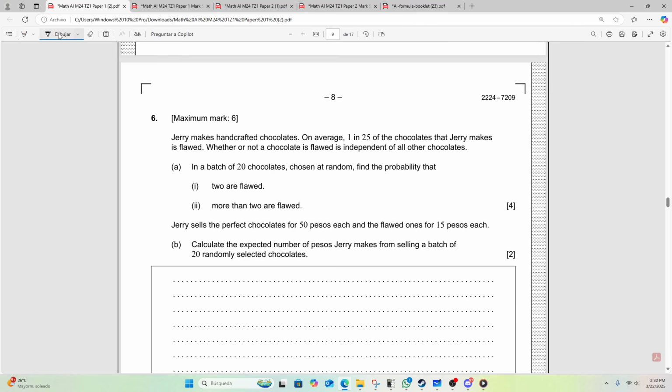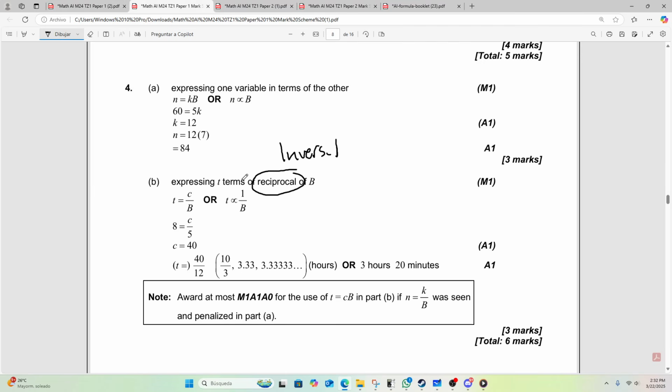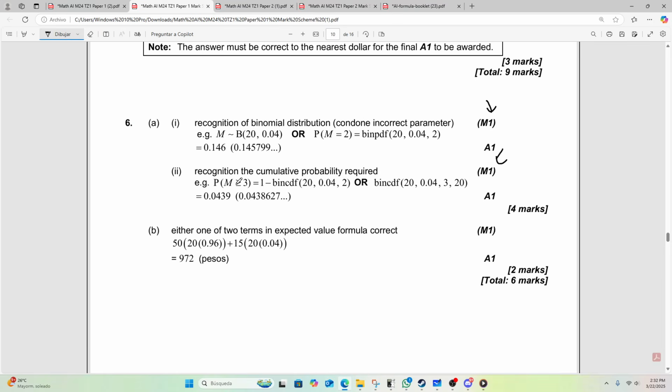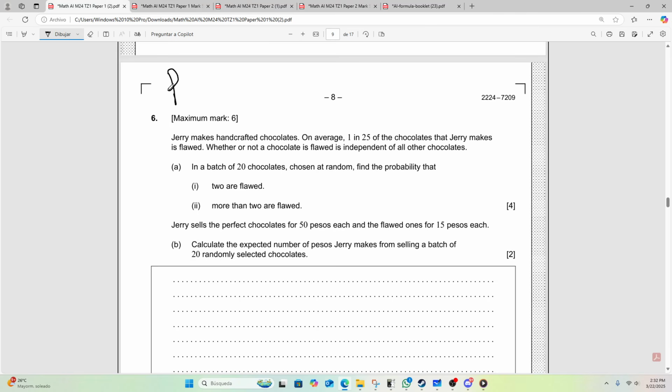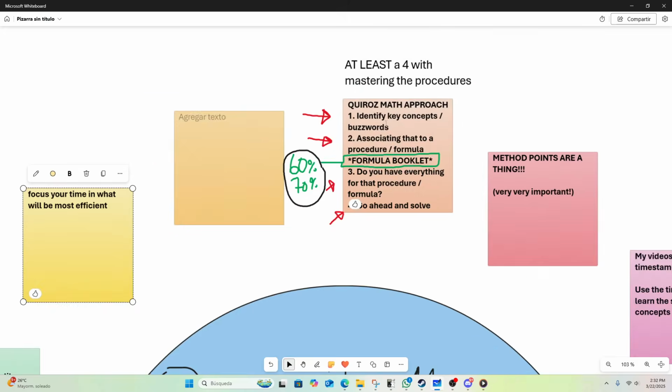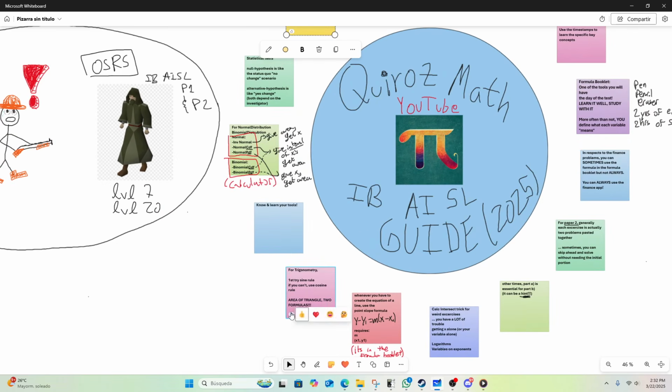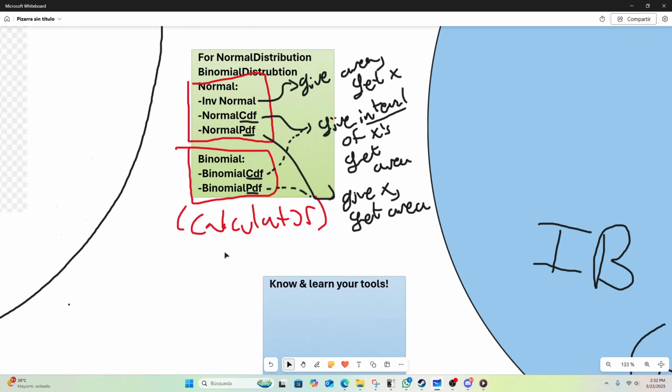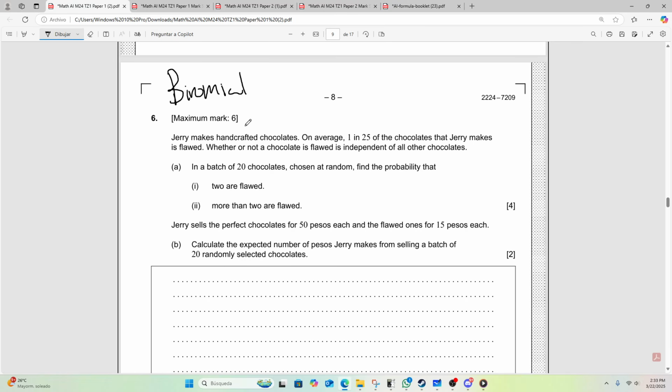Number 6, if I read it quickly, we have, this is a little tougher, but this should be binomial. Yep. So binomial is a little bit harder to spot. See? Well, once you spot or have an eye for binomials, then you can use your binomial tools, which, as I said, were these two right here. Binomial CDF and binomial PDF, literally. Okay? So once you establish it's binomial, you go to those tools, bada bing, bada boom.